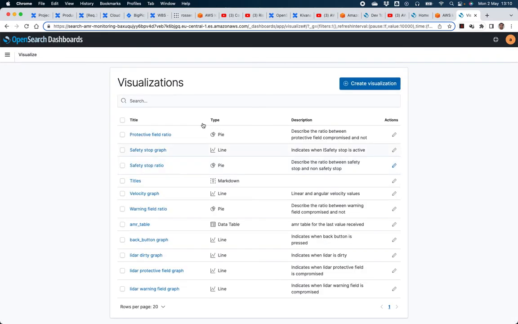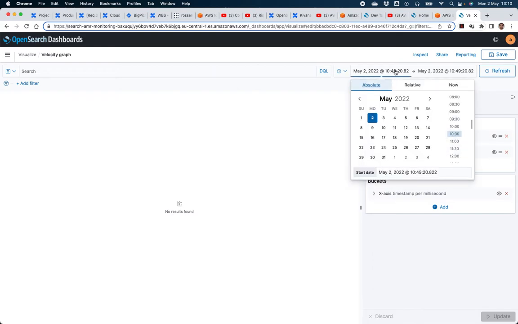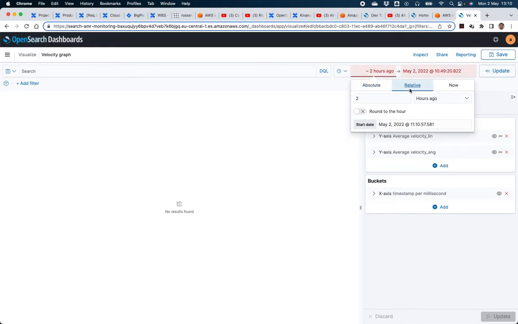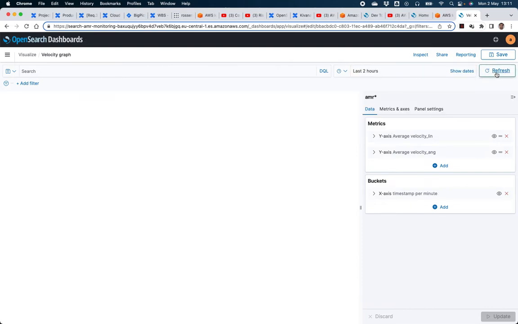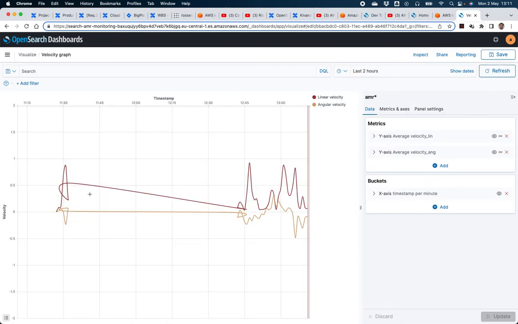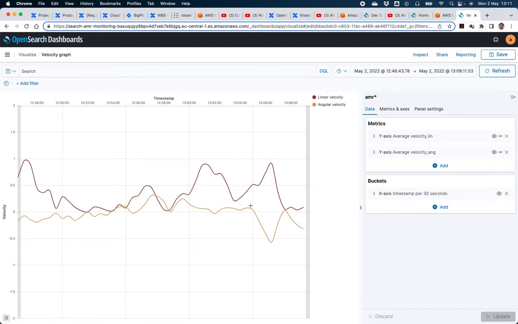And I created different visualizations, for example, I have this velocity graph, and you see there are no results because this is showing me, for example, 2 hours ago until now, and update, and now I have weird data. I don't know, because I tested a lot of things. So here is the real data. Okay, so I could go to those things,